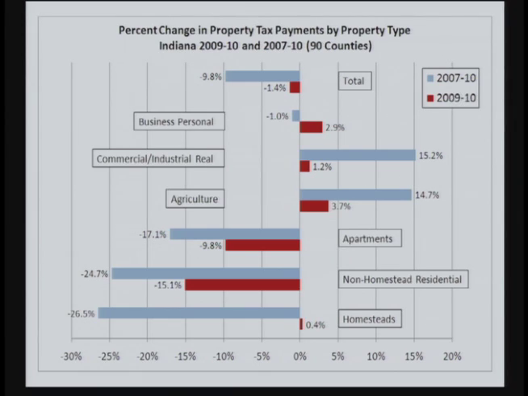And this has occurred in part because in order to finance the increased expenditures on the state level for school general fund and the county welfare funds, the state took the property tax replacement credit program and used the more than $1 billion from that program to help fund these new expenditures on the state level. Well, the business property had been eligible for those property tax replacement credits, and now those credits are gone.